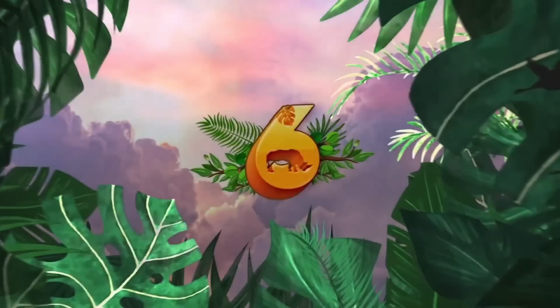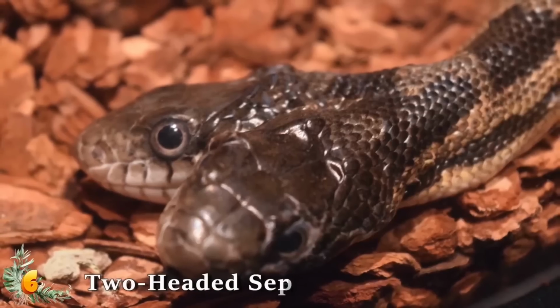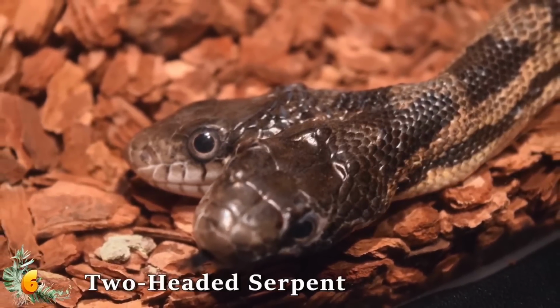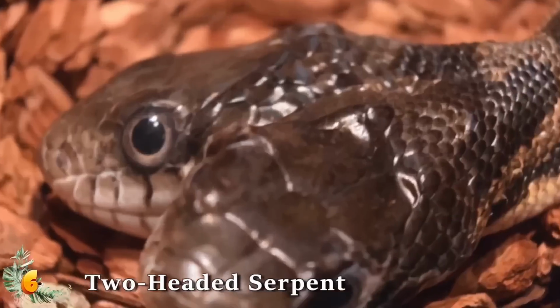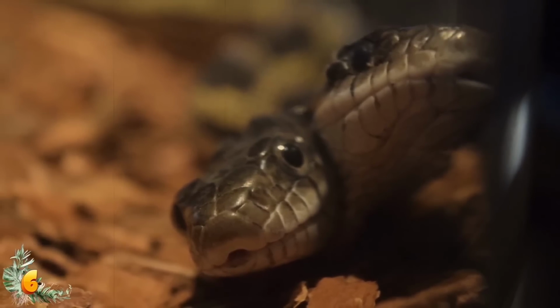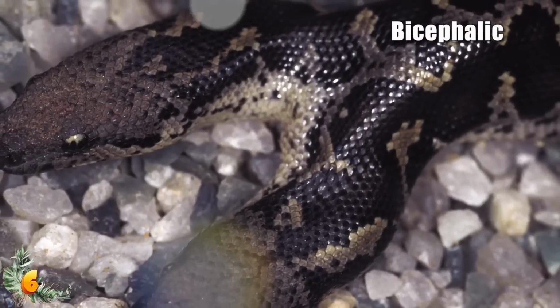Number 6. Two-headed Serpent. Florida wildlife officials recently came into possession of a two-headed snake after it was discovered by a family living in Palm Harbor. If a snake with 2 heads isn't rare or unique, I don't know what is. This weird slithery guy is a southern black racer, and it's something known as bicephalic, which means it has 2